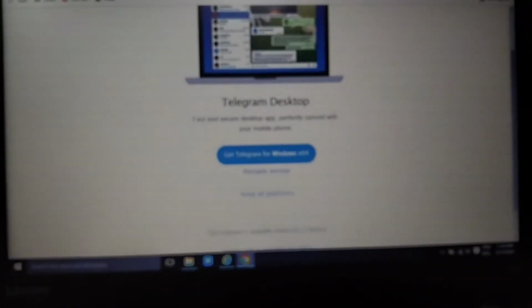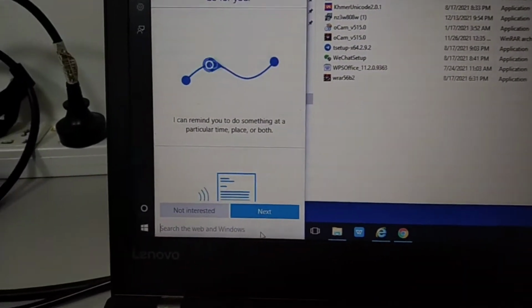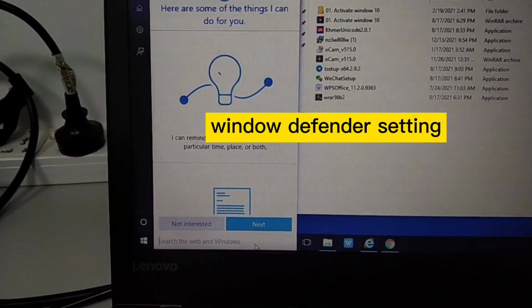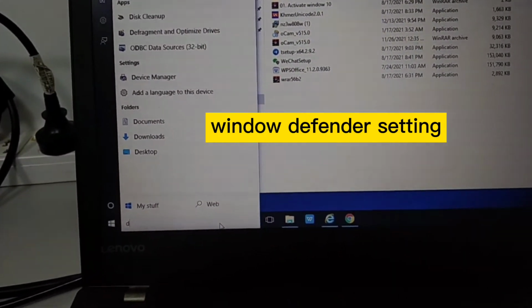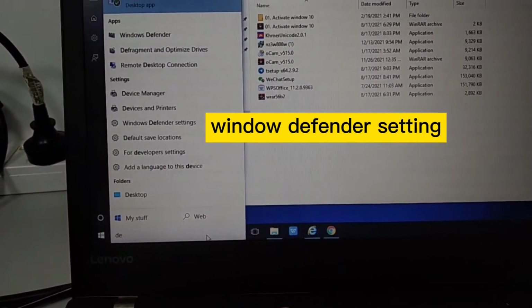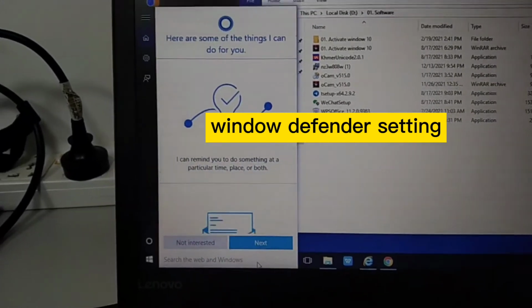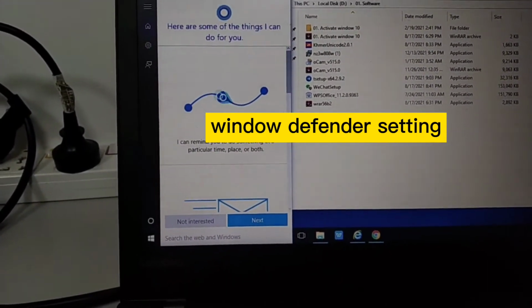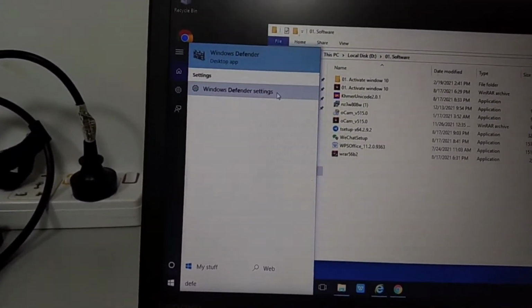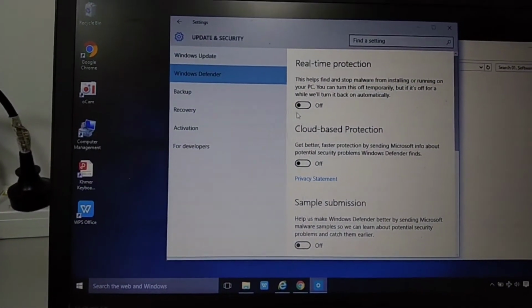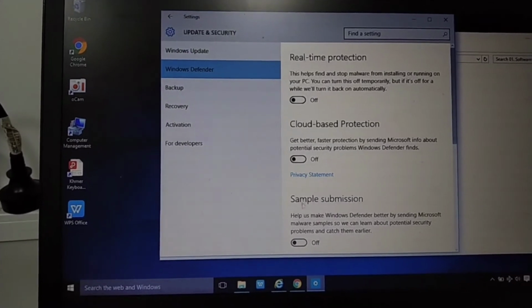And after you download, you turn off your Wi-Fi and your antivirus. For me, Windows Defender. Defender setting. So make sure you turn off this one, and this one,